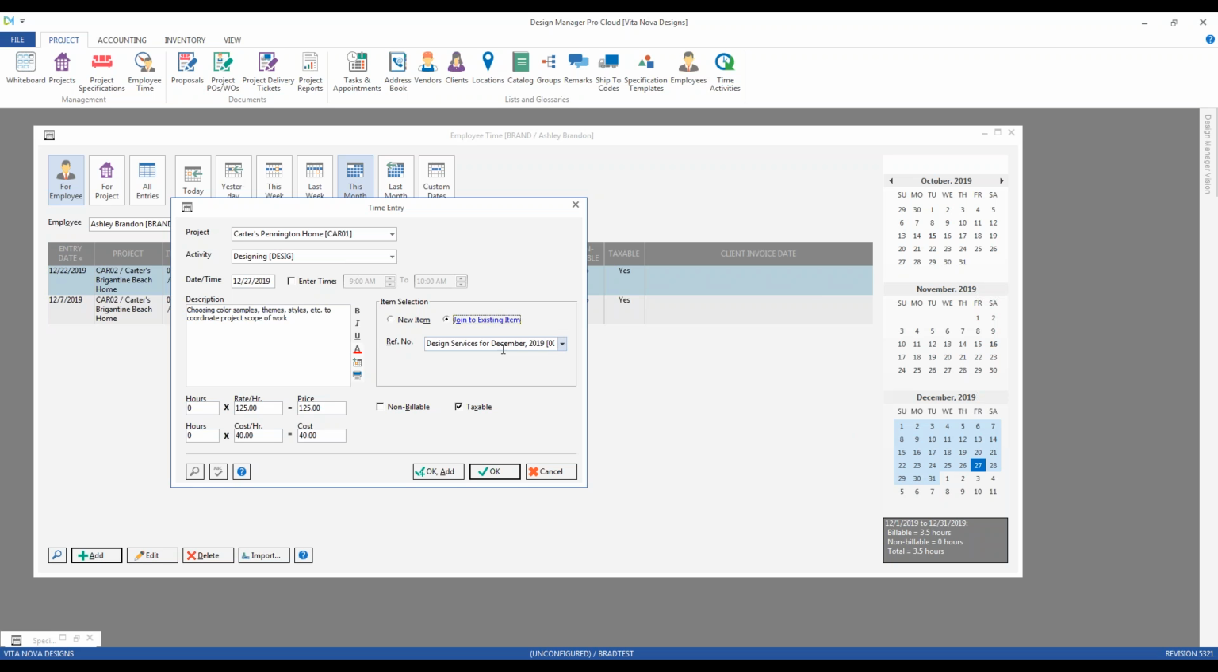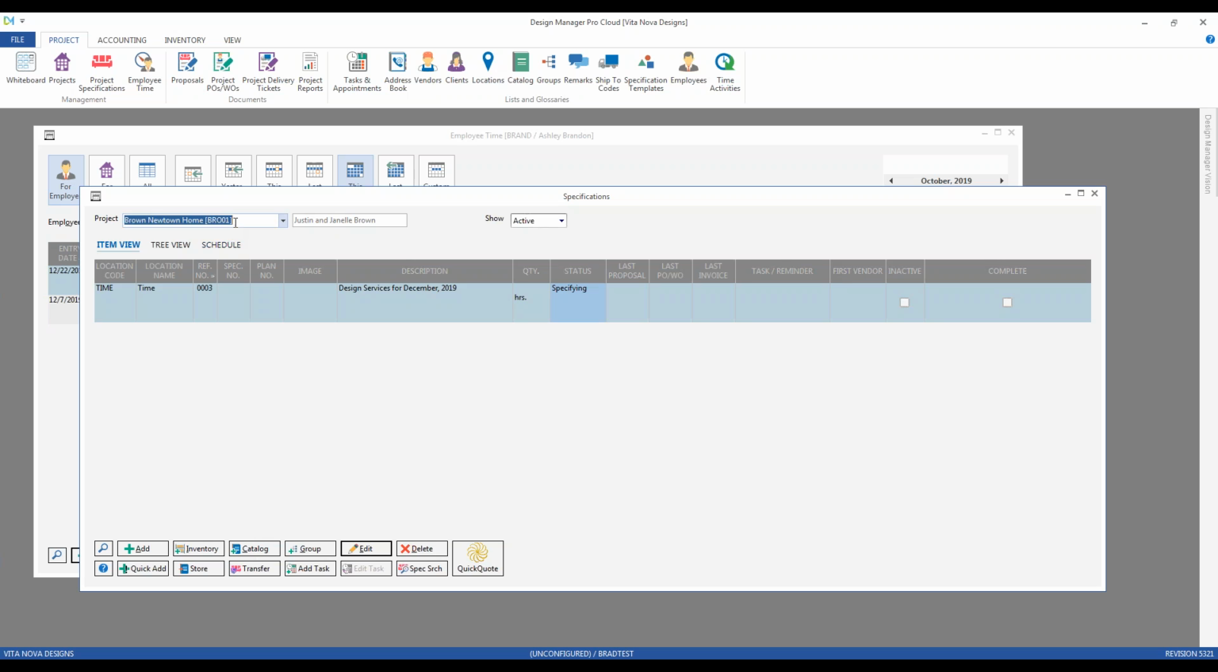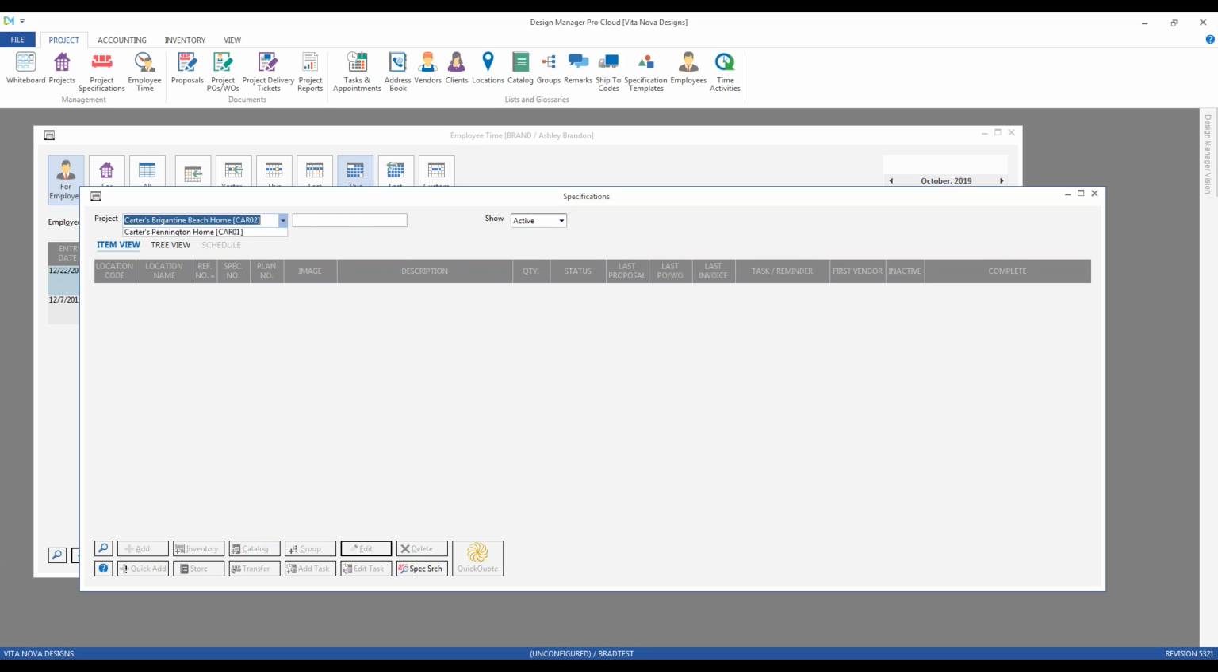When I do choose to join, Design Manager's already selecting an item for me. How is it doing that? Well, back on our specifications for the Carter's Pennington home,